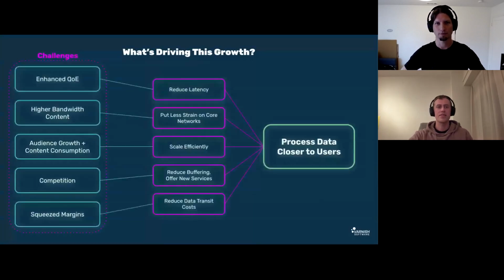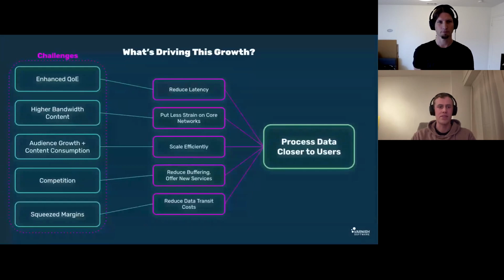Yeah, thanks, Guillaume. That's exactly right. So latency is obviously a huge part of why we're seeing the movement towards the edge. I think there's a whole range of interrelated challenges and opportunities that service providers and content providers are seeing that are feeding into the growth of the edge market. So obviously there's latency reduction to enhance the quality of experience of whatever you're delivering. But there's also the fact that content is becoming high quality, high bandwidth, so the performance needs of your network are